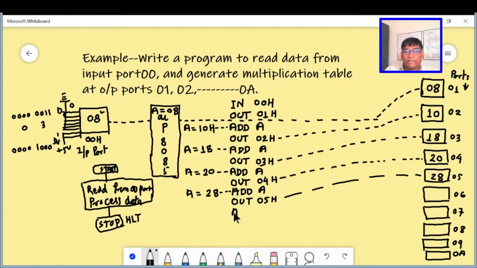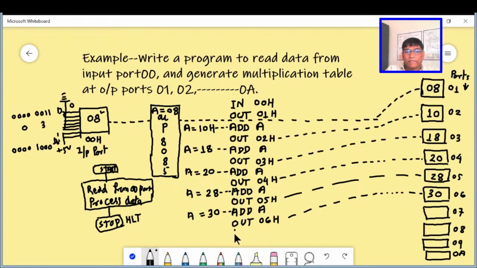Again we write ADD A. After this addition, the accumulator content will be 30, and again we write OUT 06H. After this 06H, the port value is 30.